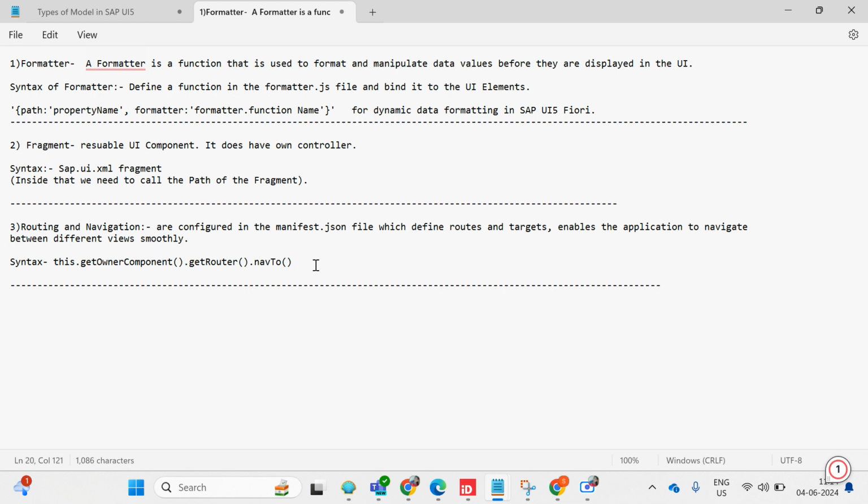And another one is, what is the Component.js file? Okay, it's also very important. Do you know what the Component.js file is? In your Business Application Studio, this file is present. So I am simply explaining to you: the Component.js file is the main component file